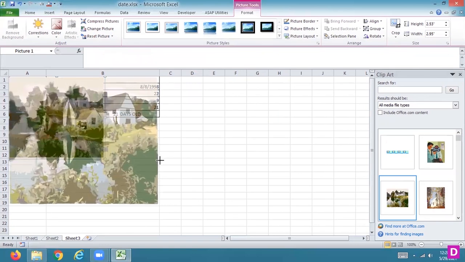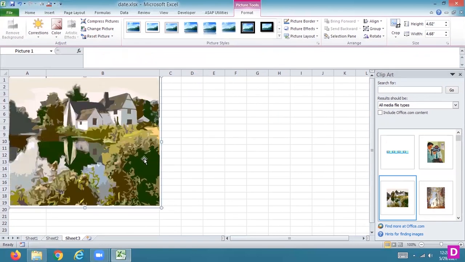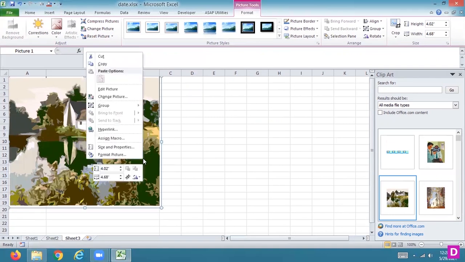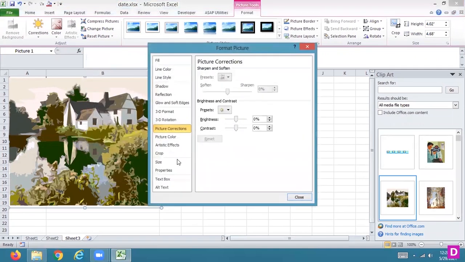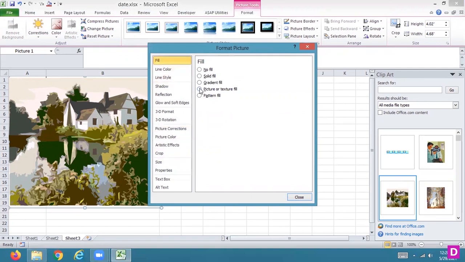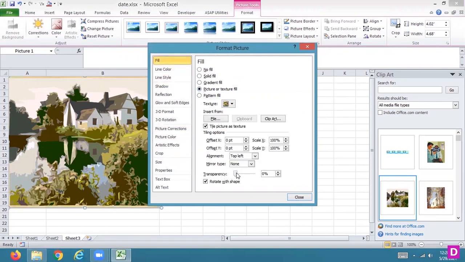You can see here if I'm putting this picture, the background part is not visible from my side, and go for the format pictures. In this format pictures, we'll go for the fill command, picture or texture fill, and make the transparency